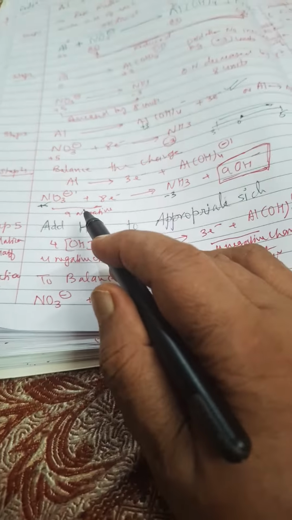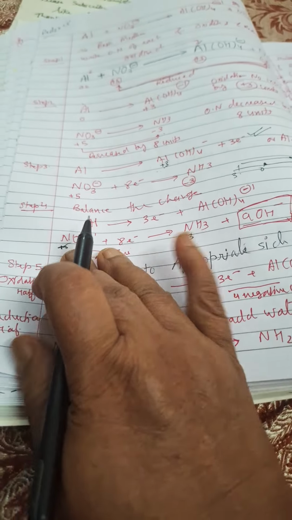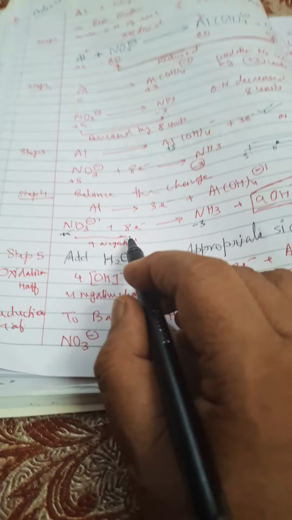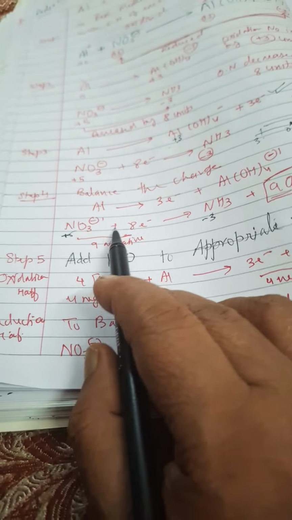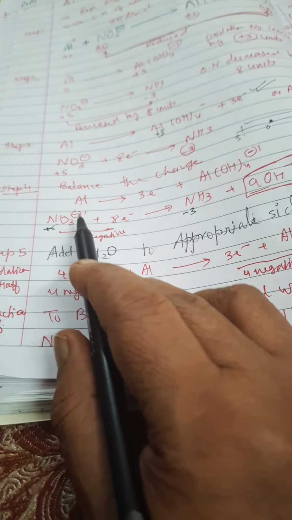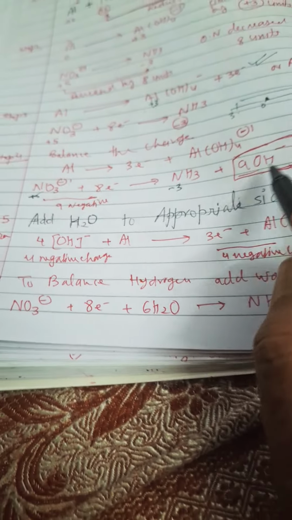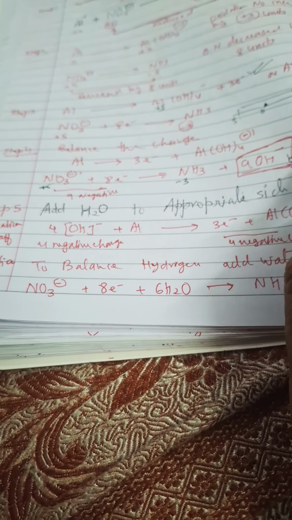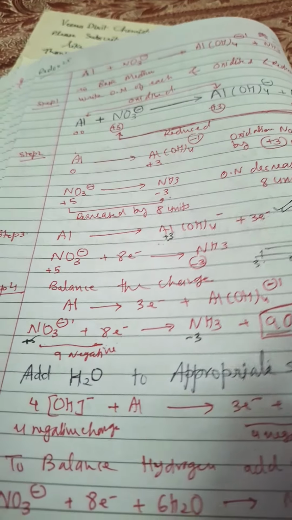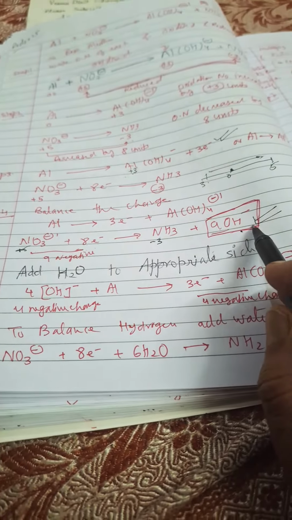So in this way we will see that, now don't forget about this. After writing this, I have written 9, because 8 electrons have negative charge and 1 negative charge, so total 9 negative charge are there. So to balance charge in step 4, I put 9 OH hydroxyl groups over here, because the reaction is taking place in basic medium. Clear to you? The reaction is taking place in basic medium. That is why we put OH negative here.